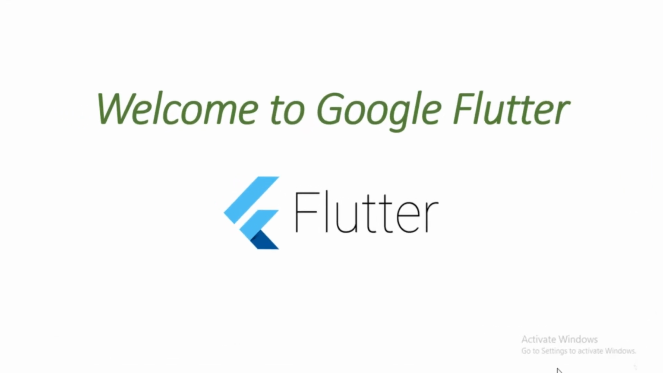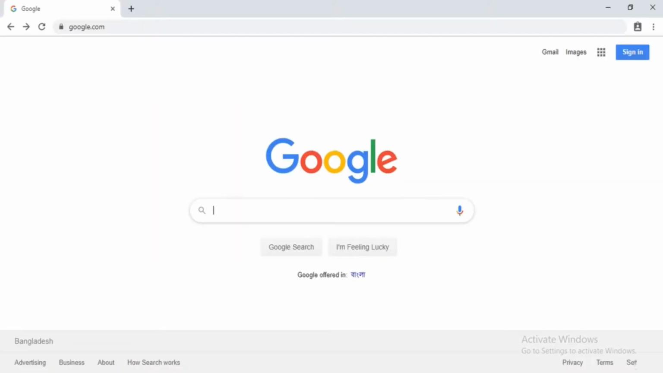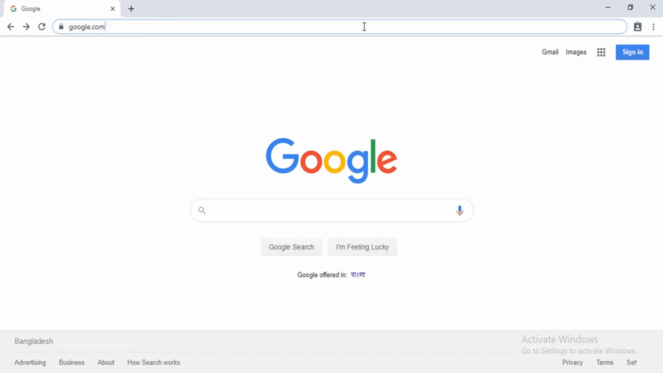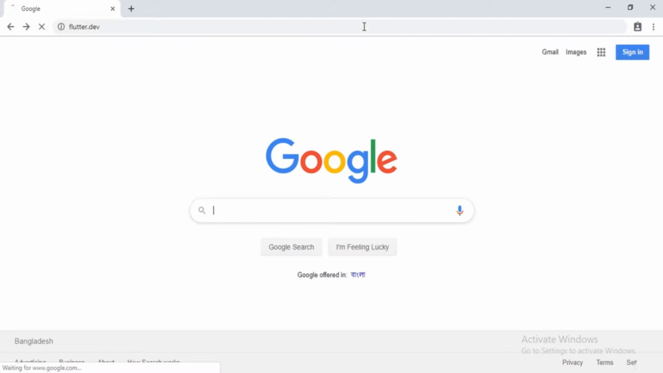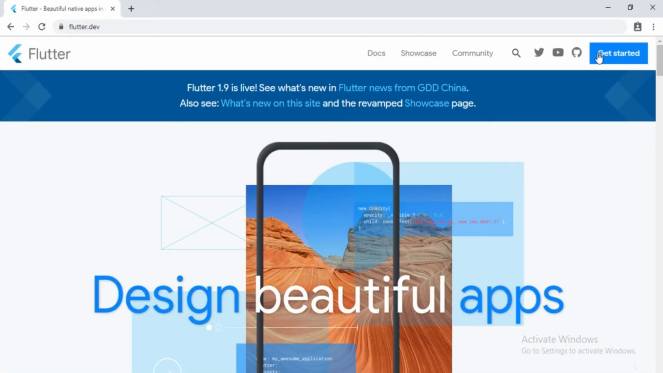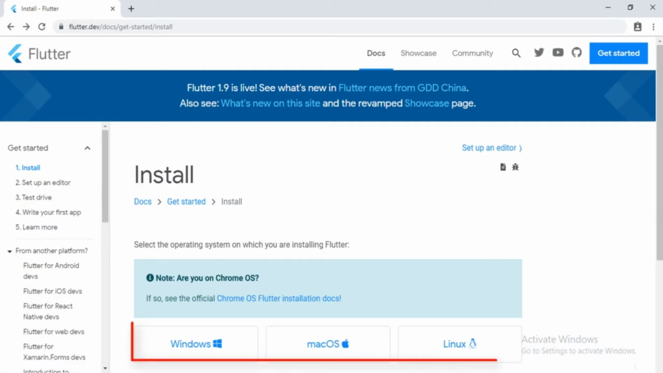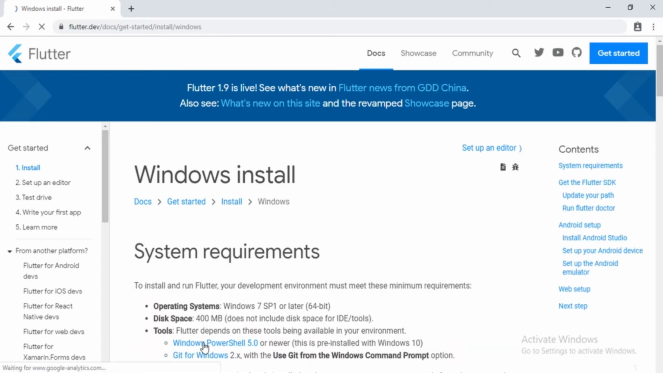Installing Flutter SDK is one of the easiest jobs. Let's open a browser, go to flutter.dev, click on Get Started, and select your operating system. I'm selecting Windows. The system requirement for Windows is your operating system should be at least Windows 7 SP1 or later